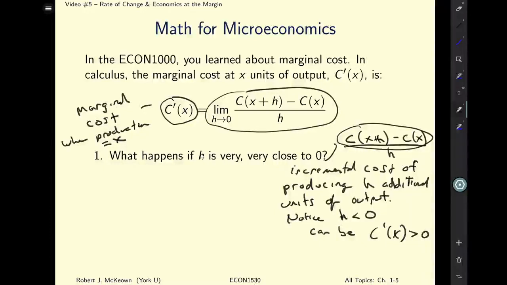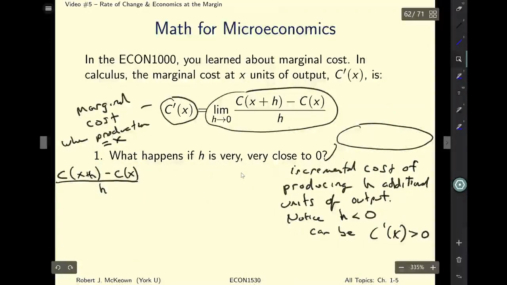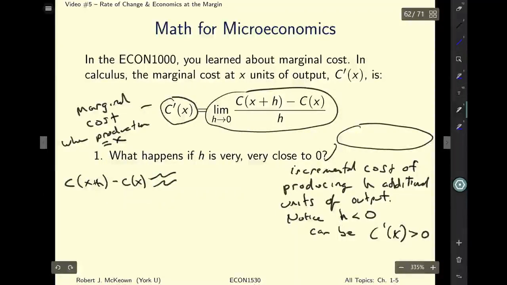Now this, let me take this and move it over here. This is approximately equal to, and I'm going to erase the denominator because this thing, the numerator there, is approximately equal to h times c prime x. So if we take the marginal cost